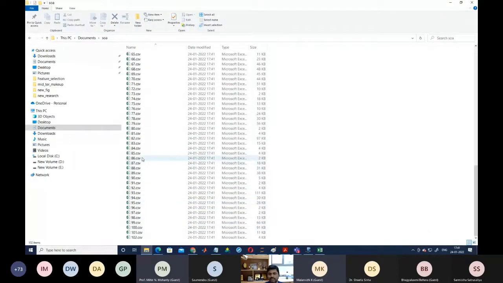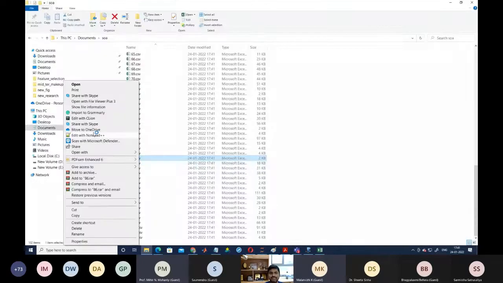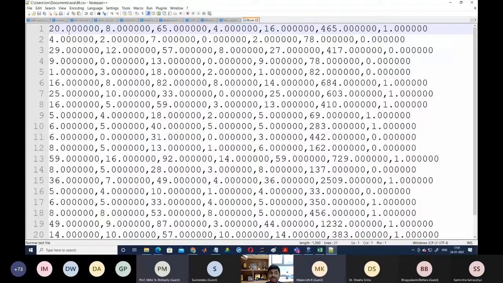So if you are going to check, you can easily find how many features are important for a specific college. Then you can easily find from here, out of these 20 features, how many features we have selected. So we can easily calculate by checking this file, because for each college initially we have taken 20 features, and if you check, 1, 2, 3, 4, 5, 6, only 6 features are important out of 20 features for the college number 86.